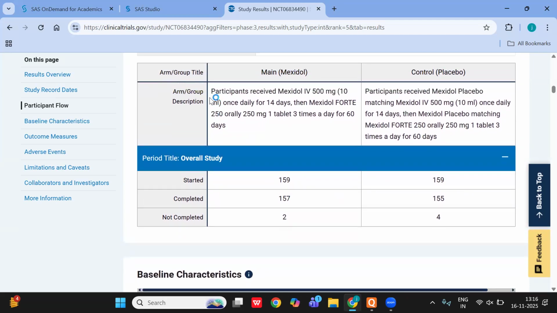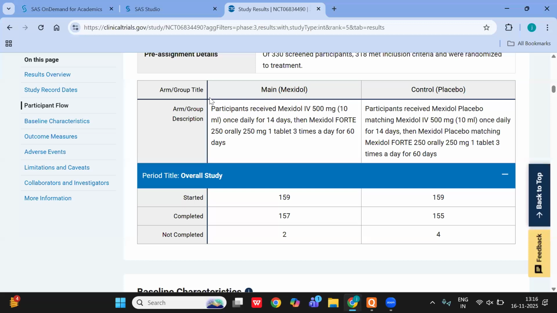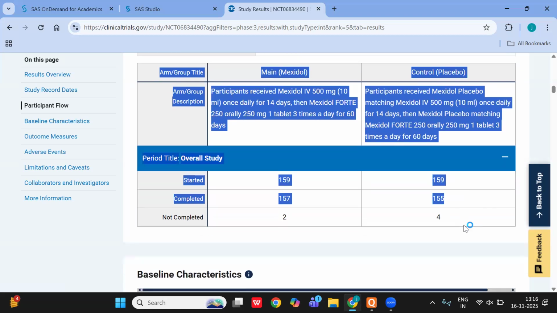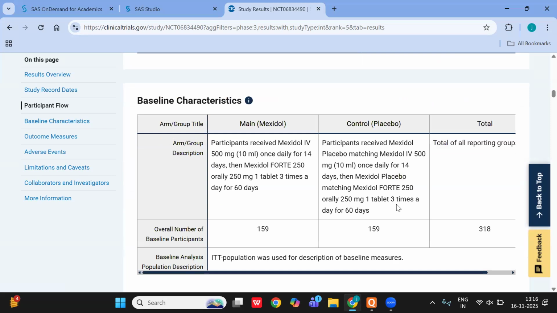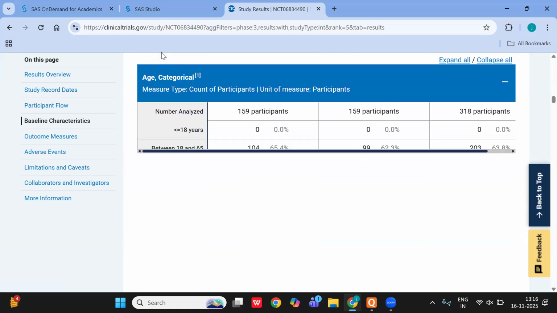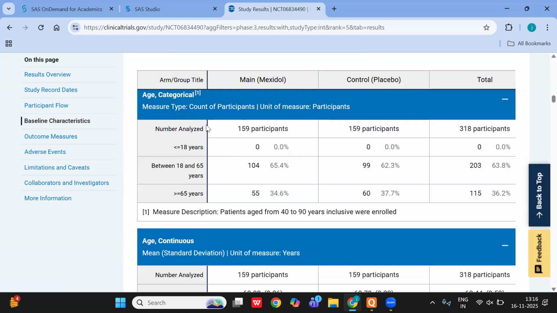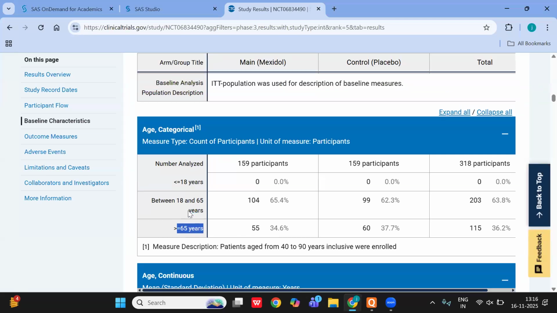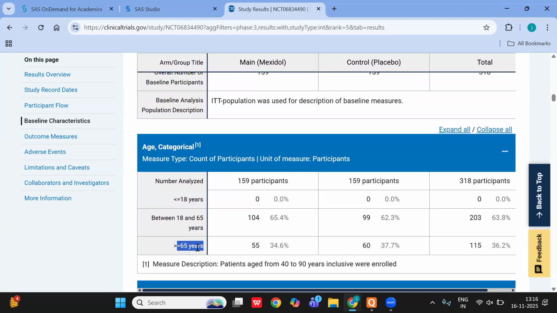So what the pharma company does is they will have the source data in an Excel sheet or database. They have to generate these tables, and for so many purposes they have to generate this disposition table. Also, the pharma company has to disclose the baseline characteristics for each arm group. What is the population of adults? What is the population of older adults? There are 55 participants who are greater than 65 years old, and then there are 60 older adult